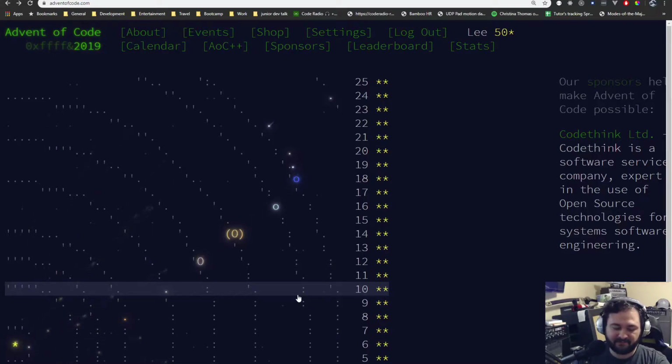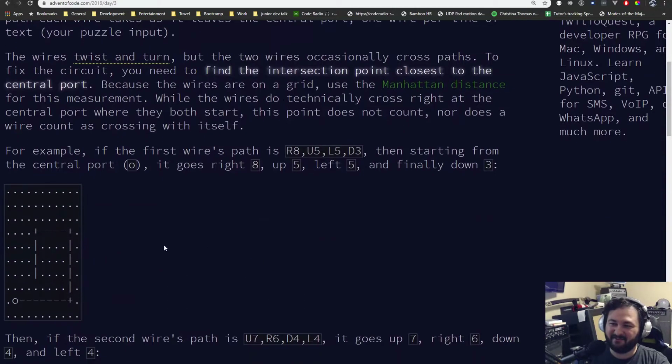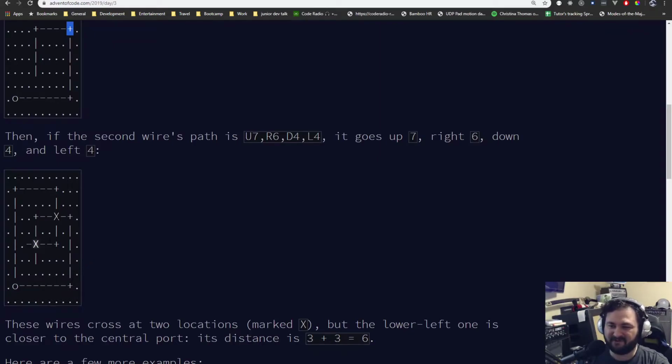And then as far as math, like we talked about for day 3 with the crossed wires, I brushed up on some line math from algebra 1 in middle school, where you're looking for intersections of different lines. The only difference is this is working with line segments, so I had to do a little programming algorithm to mash all that together. And then talking to people afterwards, they were like, "Oh, you didn't even have to do that. You could have just used a set to store all the points." So my solution ran pretty quickly because of the math that I used, but I hadn't touched that math in